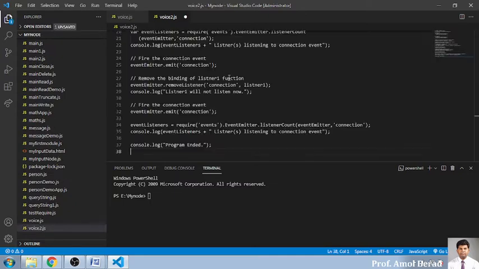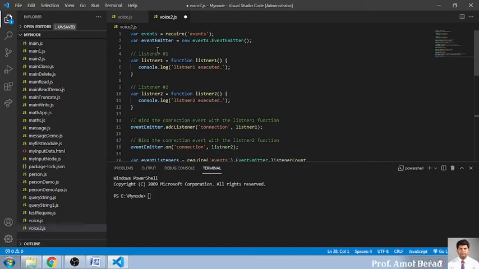The first line inherits the events module. Second, we create the object of EventEmitter. Now we write two functions. Function 1 is listener1, which logs "listener 1 executed", and the second function is listener2, which logs "second listener executed".